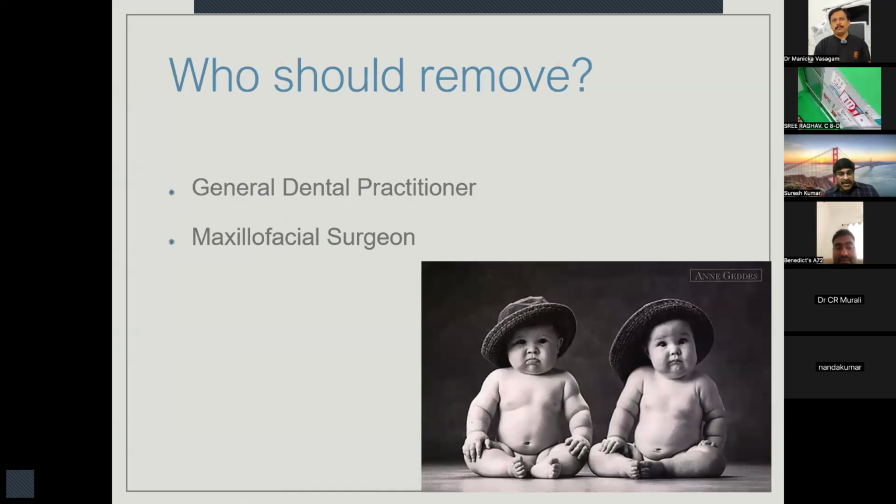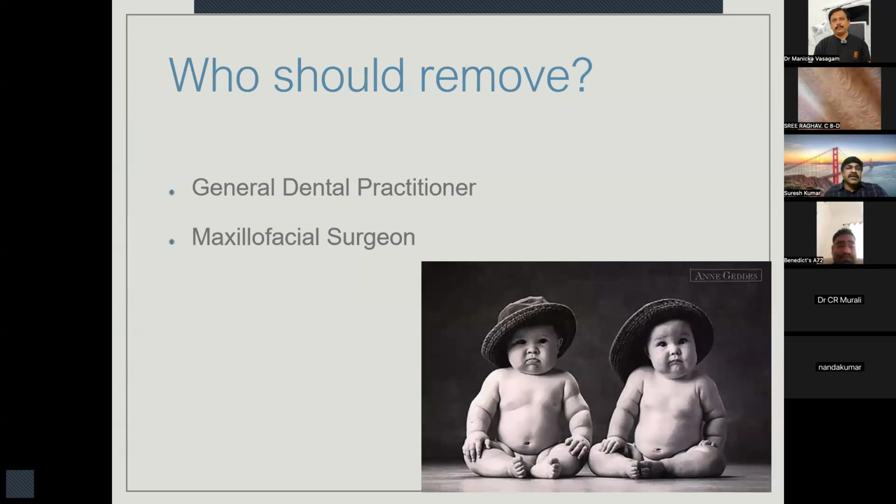That is explained by the WARFI assessment. So now comes an important question. Having studied so much, who is going to remove the tooth, the general dental practitioner or the maxillofacial surgeon? It's a very important decision to be made in our clinical practice so that we don't struggle much. Easier cases like vertical or mesioangular, class 1 and position A or B can be removed by general dental practitioners. Many people hesitate to remove impacted lower teeth because they don't know whether they are legally allowed to remove them or not.